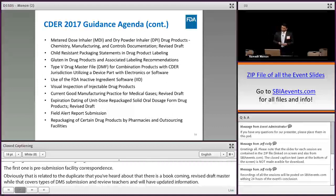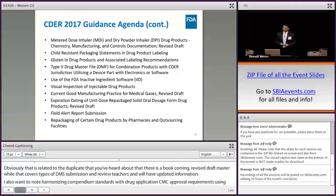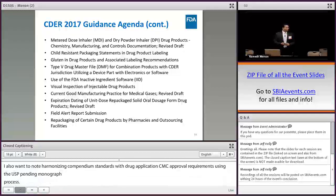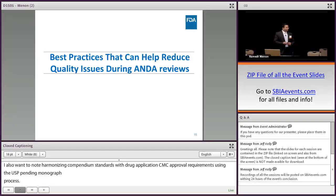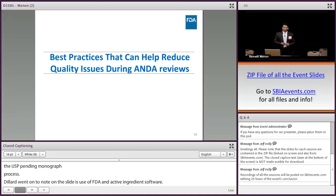As you can see, a number more. The only one I'm going to note on this slide is the use of the FDA in active ingredient software. So again, that relates to a GDUFA 2 requirement. But as you can see, there's a lot going on. So moving on to the last section of my presentation, best practices that can help reduce quality issues during